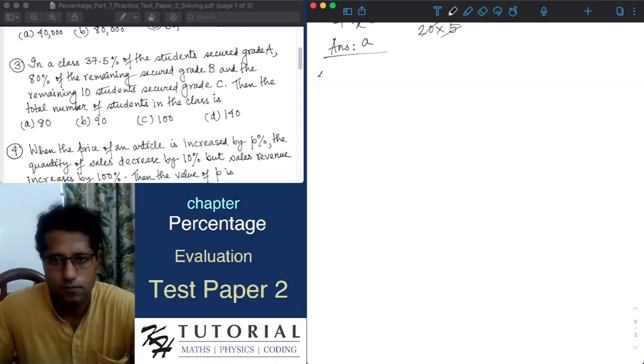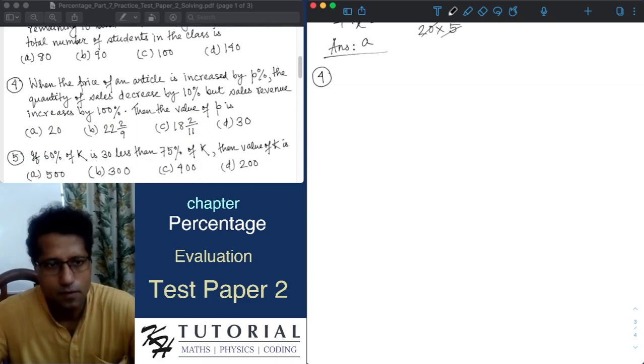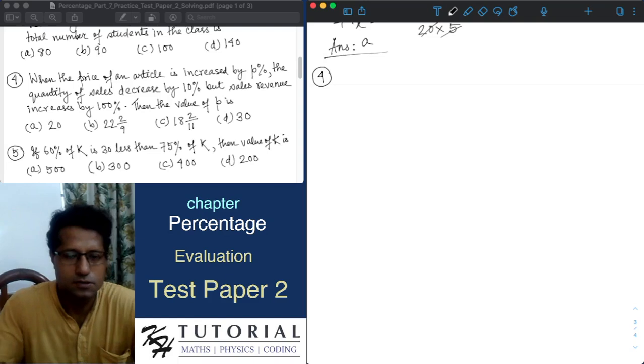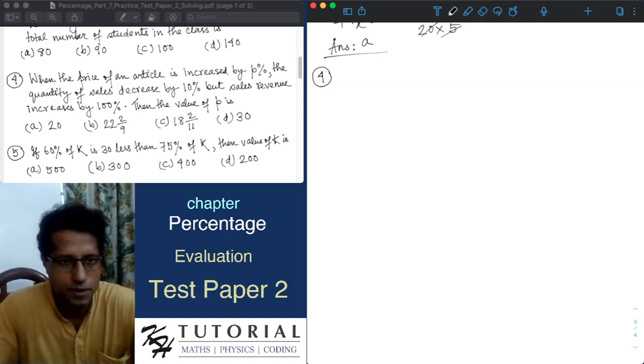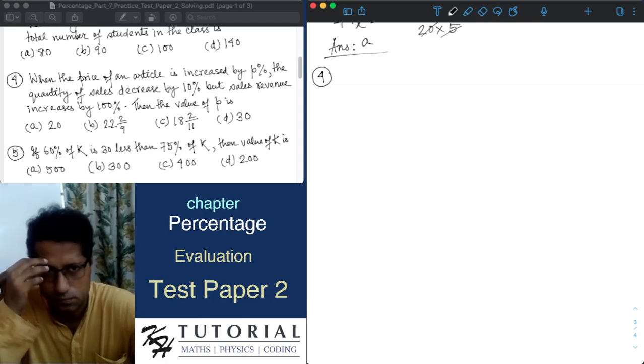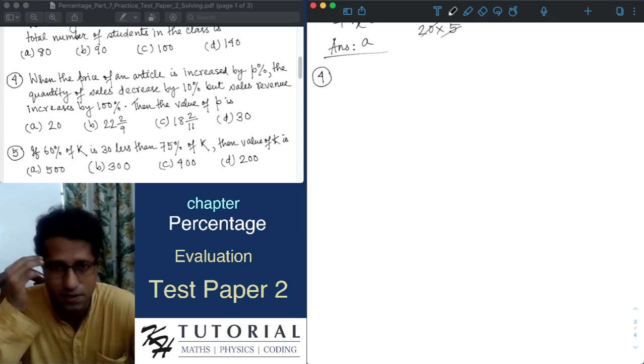Question number 4. It says that when the price of an article is increased by P%, the quantity of sales decreased by 10%, but sales revenue increases by 100%. Then the value of P is,